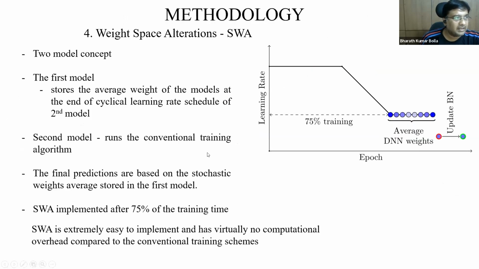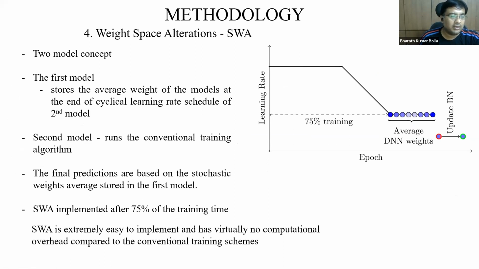Okay, and then the other thing is called weight space alteration. This is called stochastic weight averaging. So when you're optimizing your training, learning rate optimizing is one of the important aspects in getting better generalizability. So after 75% of the training time,